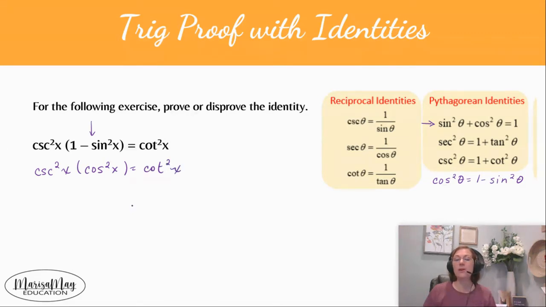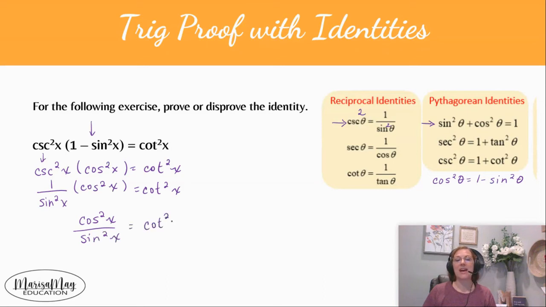Now I want to replace the cosecant squared. And I'm going to use a reciprocal with this one. Now, even though it doesn't say cosecant squared, we really could put the squareds in there. We're just squaring both sides. So that gives me 1 over sine squared to replace cosecant squared with. And then that leaves me with cosine squared over sine squared,